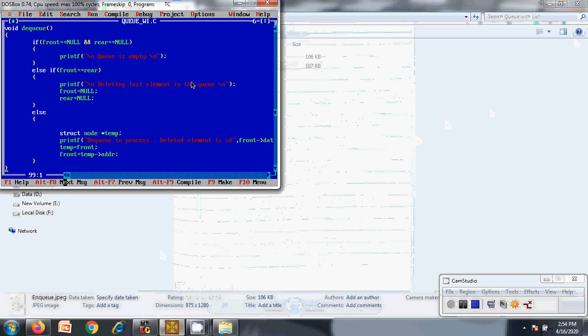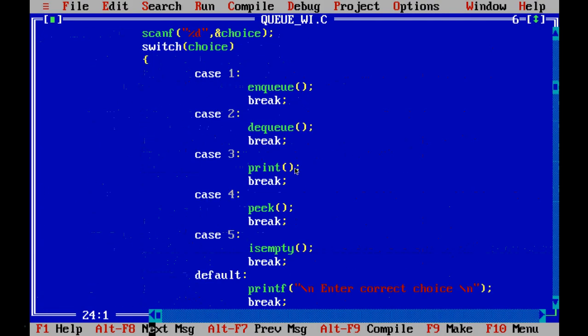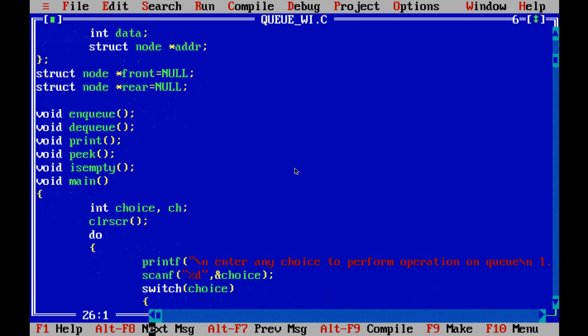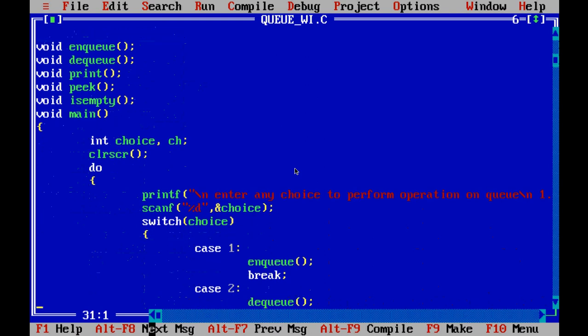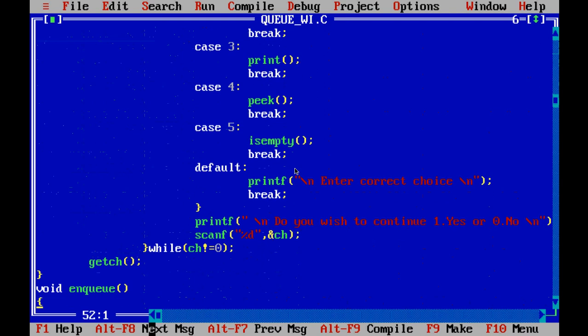So I have completed the program, and you can check the complete execution of this. As I said, a structure needs to be created, and 2 pointers of struct type, front and rear, are created, and both initially hold the value of null. NQ, DQ, print, peek and isEmpty are the 5 major functions, with just declaration alone, and the definition is done later. I made it regular choice based, and it executes until the user says 0, that is no.